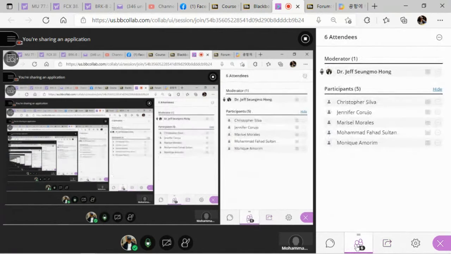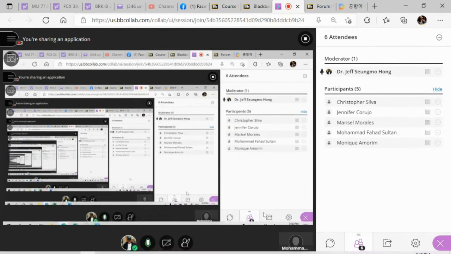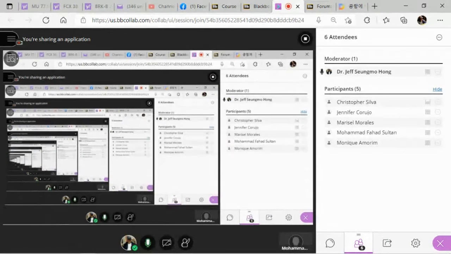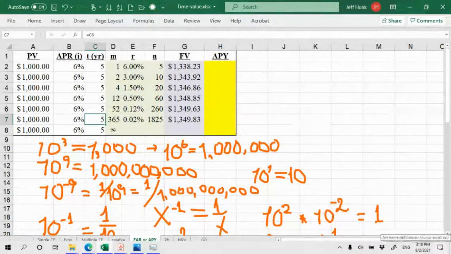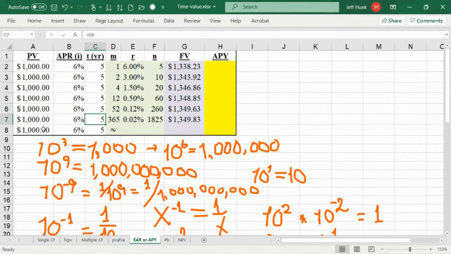effective interest rate. So everyone understands the concept of effective interest rate. Obviously, effective interest rate will be different from the stated or quoted interest rate. This APR is stated or quoted because that's exactly